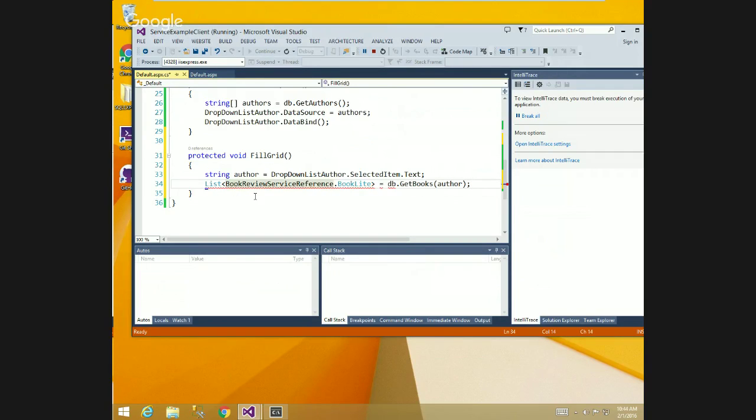So it doesn't like that, so we may have to convert this to that. Oh, and I need to give it a name. So again, I had to convert it to an array, but it's an array of this kind of object. And this gets the author from the drop-down list, whatever one is selected. And then we just have to say